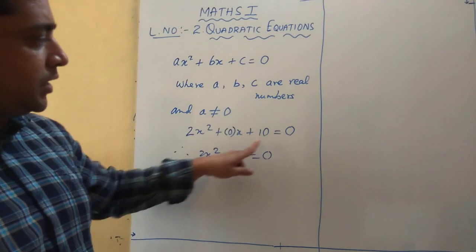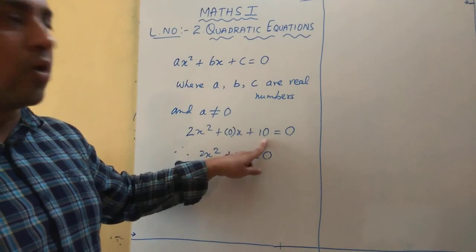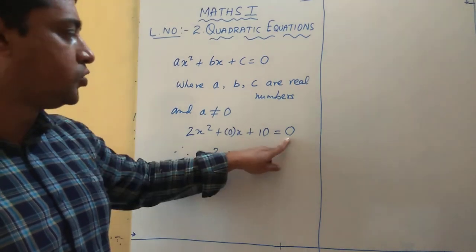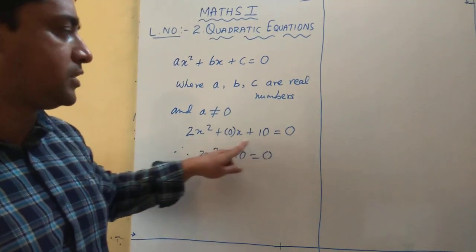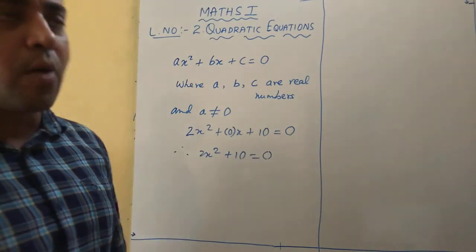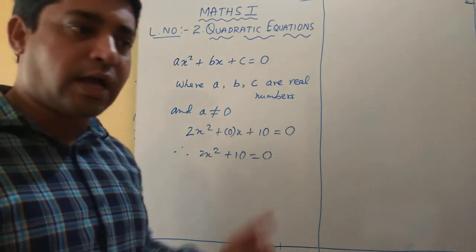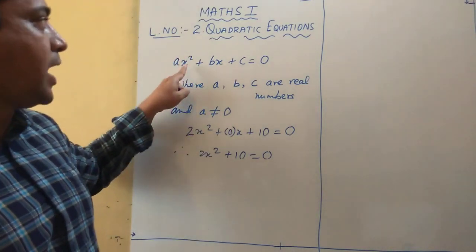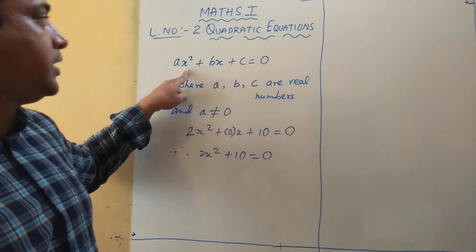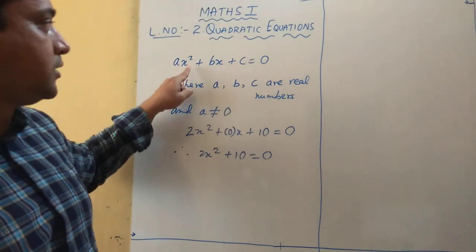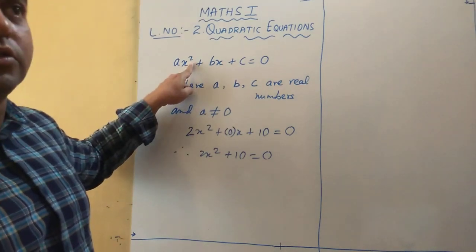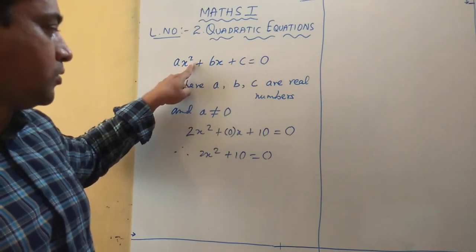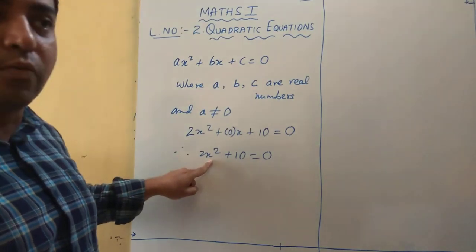Okay, so you can take c, the constant, as 0 also, no problem. You will get 2x square plus 5x plus 0 is equal to 0. That is nothing but 2x square plus 5x is equal to 0. Again, that is a proper quadratic equation. Is it clear? I hope you understood what a quadratic equation is. That means in the equation, one of the variables should have the degree 2 or the index. This degree square, which is 2 I have written, is also called the index. So we should have that term in that equation.